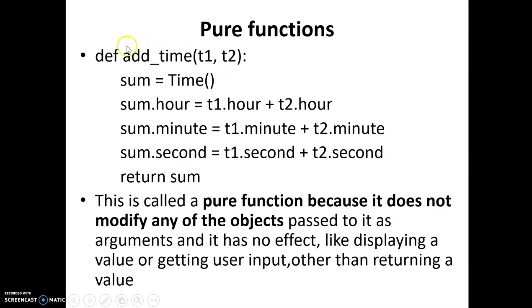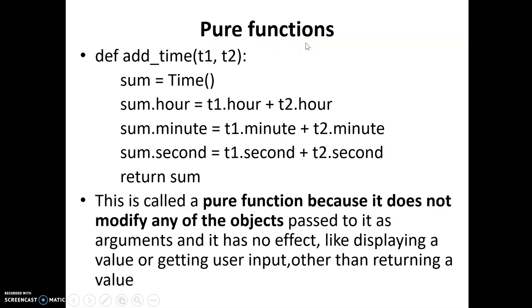So what can be concluded with this definition is, even though we have taken t1 and t2 as parameters which are passed once they have been created, while adding the contents of t1 and t2, we are using a new object of the class time to store the results. That means we are not going to affect any values that have already been stored in t1 and t2. The original values of t1 and t2 will be unaffected, they will not be changed. Why? Because we have taken a new variable and stored all the results into it. Such kinds of examples are said to be pure functions.